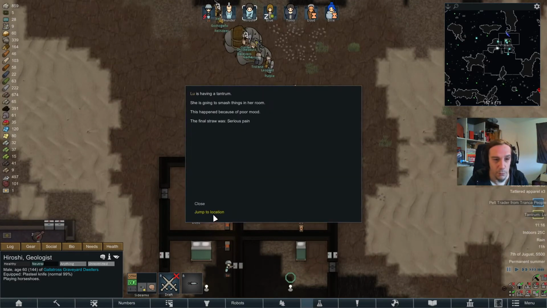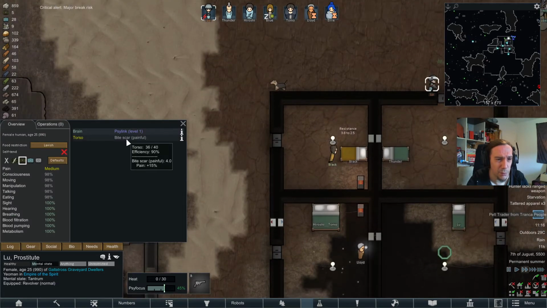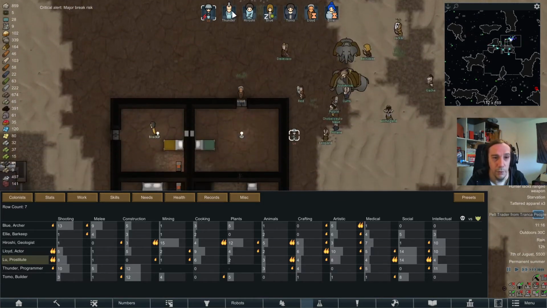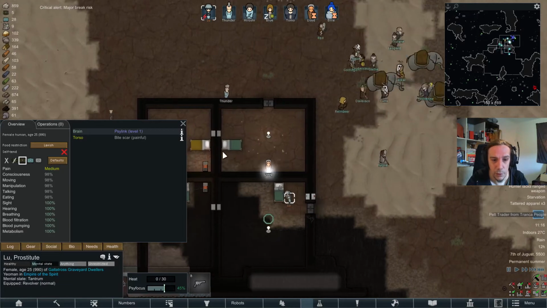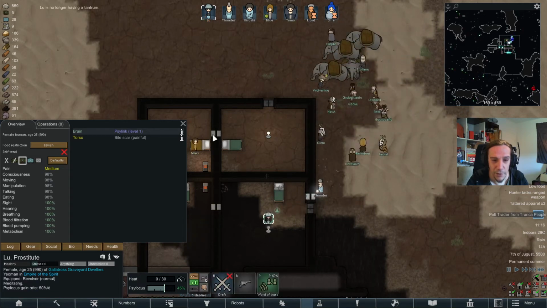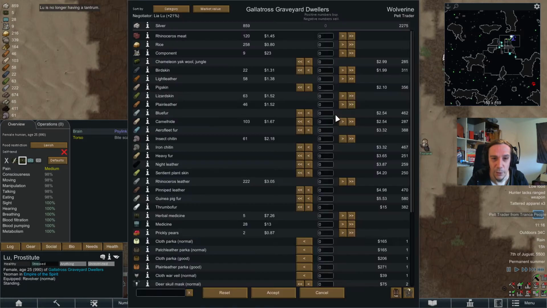Lou's having a tantrum because she's in serious pain. She's in serious pain just by one scar? Okay. If you say so. Alright. I love it how Lloyd follows her tantrum, or, well, pretty much everybody of my people here follows her tantrum